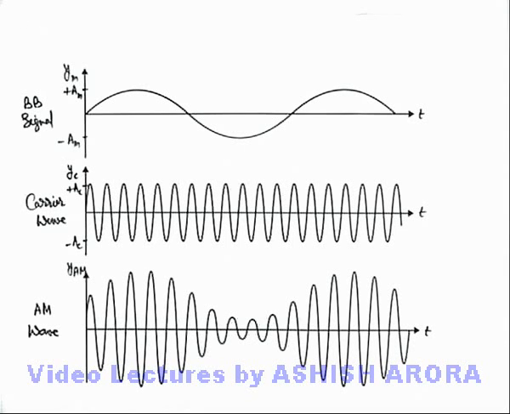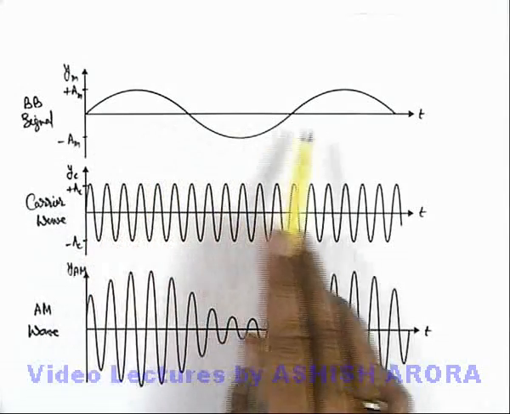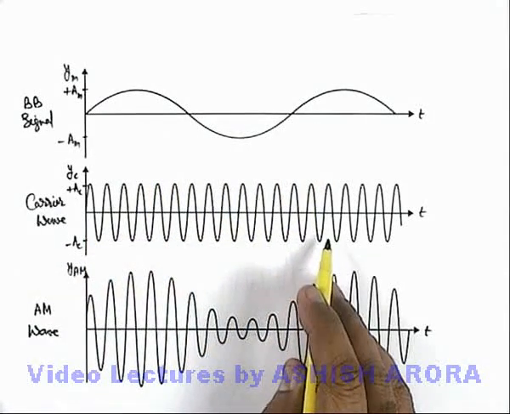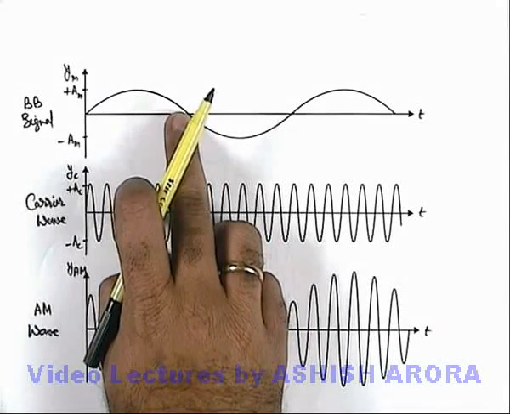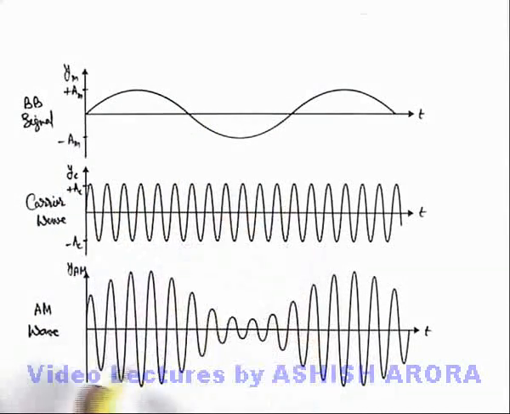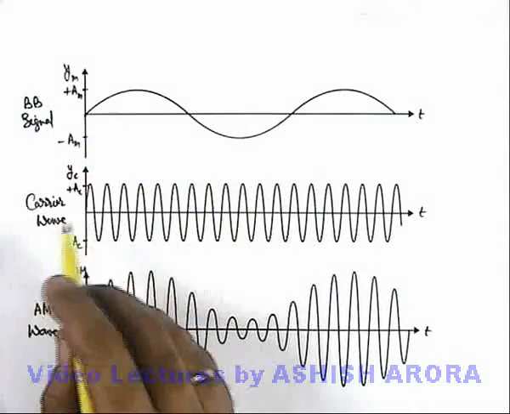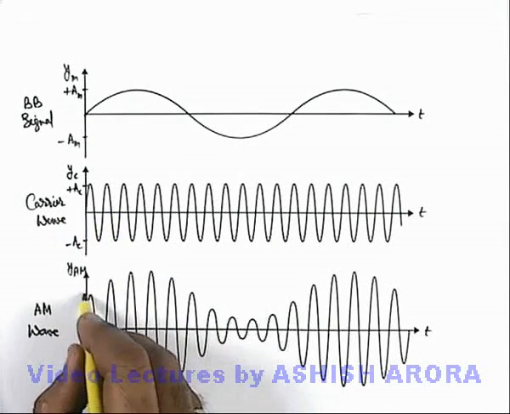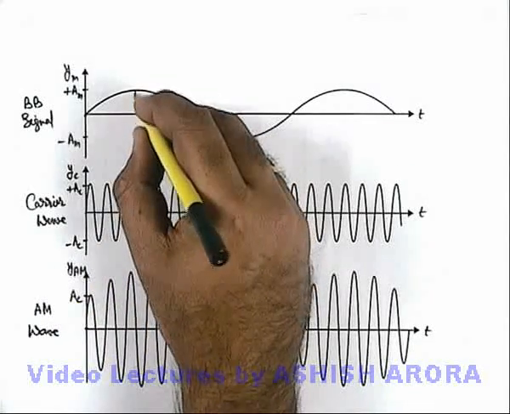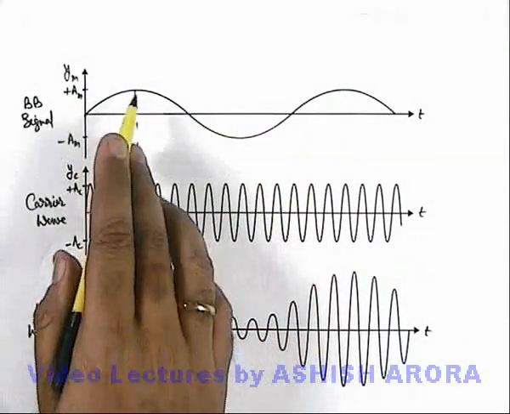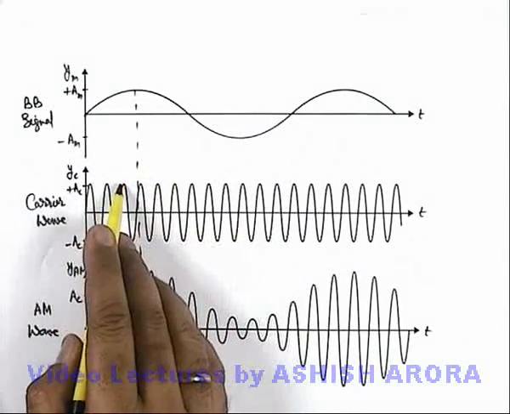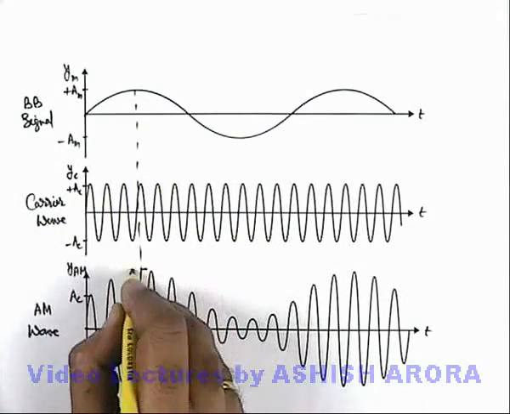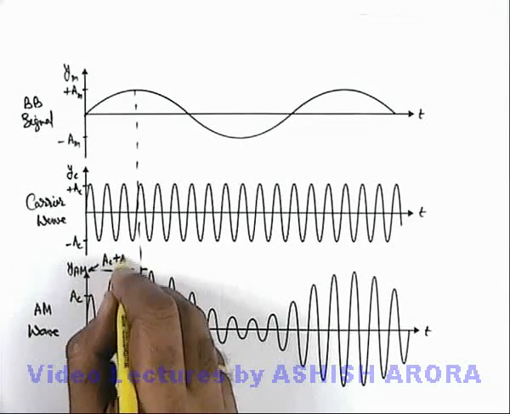Here, by using this picture, we can better understand the amplitude modulated wave. If this is the baseband signal and this is the high frequency carrier wave, on superimposing the baseband signal over the amplitude of the carrier wave, this amplitude modulated wave is generated, where you can see as initially the displacement of the baseband signal is 0, the amplitude of the modulated wave will be AC, and the point where the displacement in the baseband signal is maximum, so on superimposing on the carrier wave, its amplitude will be at AC plus AM.